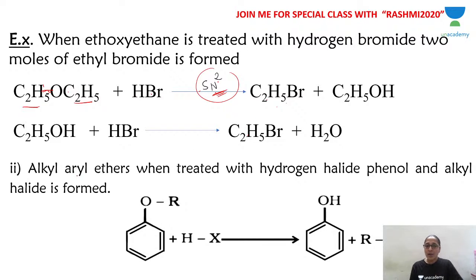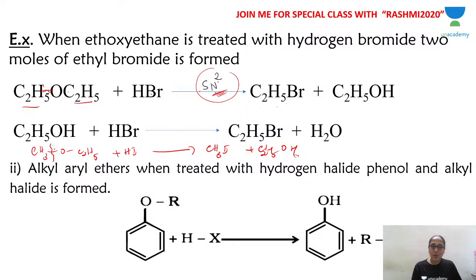So you will follow the SN2 reaction and get primary alkyl halide. What happens in the case of unsymmetric ethers? For example, CH3OC2H5 with HI, let's say, and the product is CH3I plus C2H5OH. The bond breaks like this. The bulkier alkyl group forms the alkoxide ion, which will take up H plus, forming alcohol, and the smaller alkyl group will take up I minus, forming alkyl halide. So you get two products.